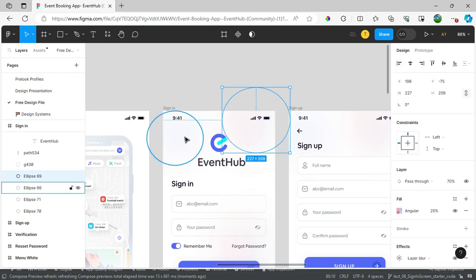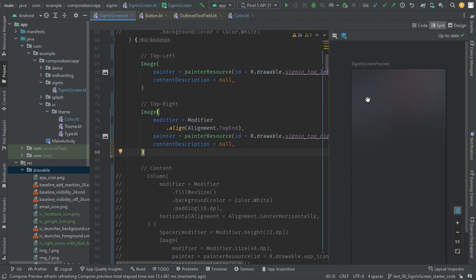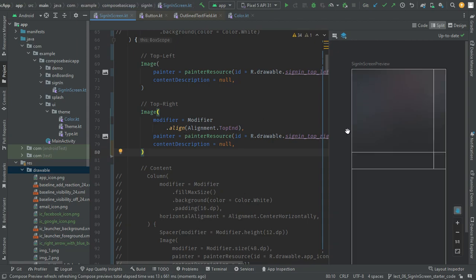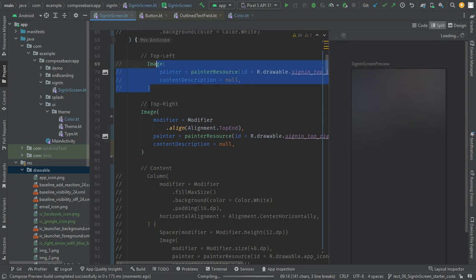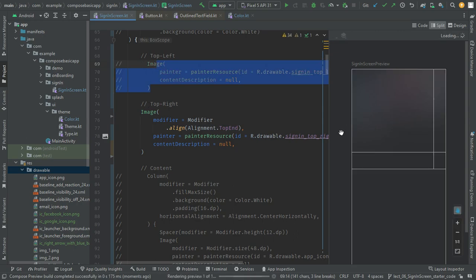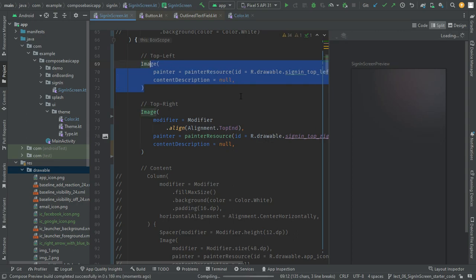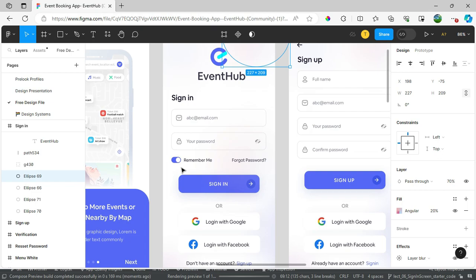Because our screen size is different, it's not showing the space between these things. This space will be visible on larger screen sizes. So this is the top left and top right backgrounds, and now this one